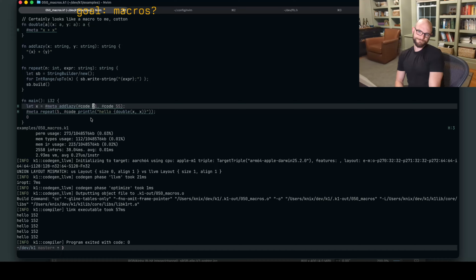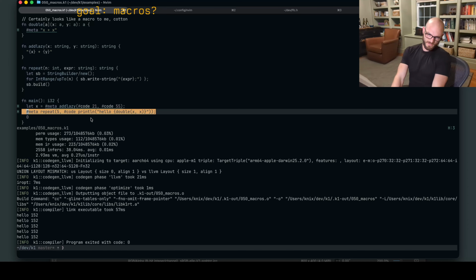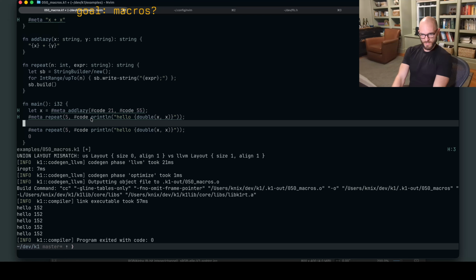So my goal was to introduce a macro system, but I think I have one. I think all I need to do is quiet down the syntax. So let's look at this, right?